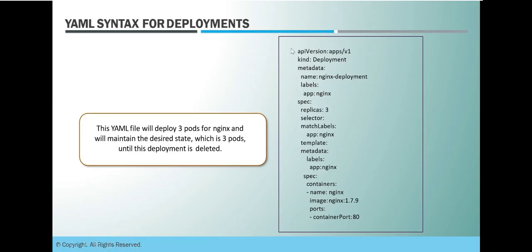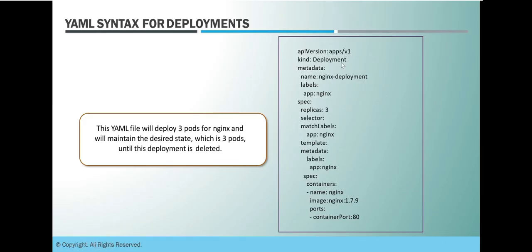So how does a deployment YML start? Every kubectl YML starts like this. It has an API version that you need to mention in every YML definition, be it a service, a pod, a deployment, or an ingress. Every object needs to be defined like this. First you need to define the API version. In case of deployment, it is apps/v1, for pod it is v1. So depending on the component, the API version changes.